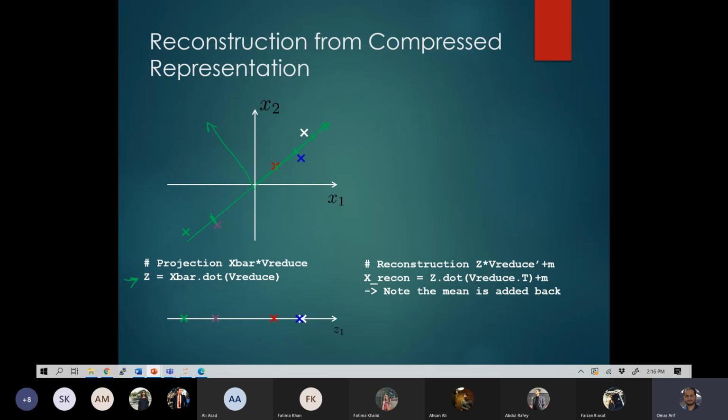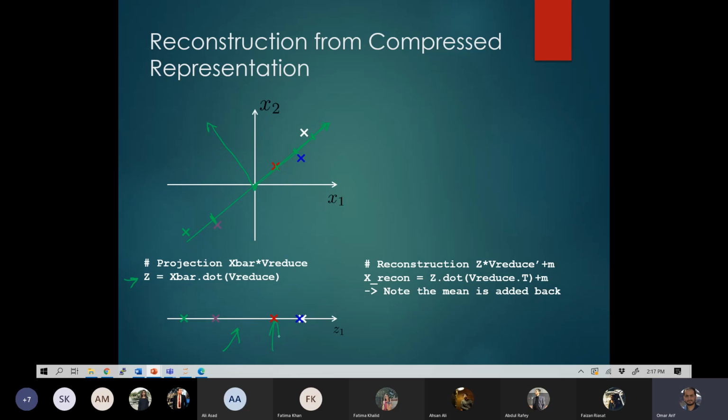And now once you have projected, this is what you're going to get. Okay, how are these points? They are projected on a single line. Of course, remember the origin is also translated in case of PCA. So here, just to make things easier, the origin is kept over here, but in reality, when you apply PCA, the origin is also translated to the mean of your data points.